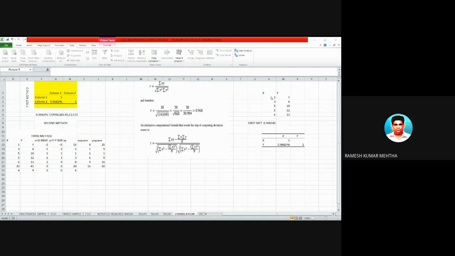So let's take the data first. So this is the data. I've copied it. First I want to calculate xy. First and foremost, these are capital X and capital Y, but this is small x and small y. To find out small x and small y, you have to find out the average of data set x and data set y.